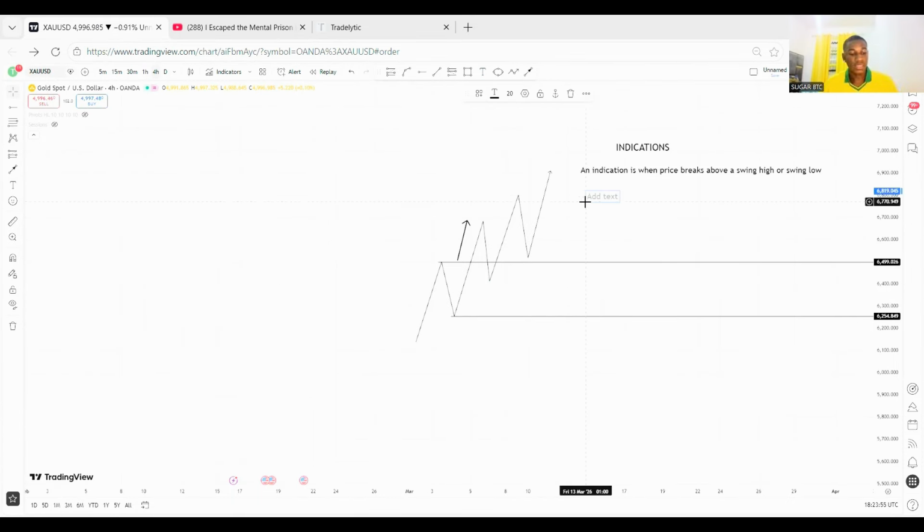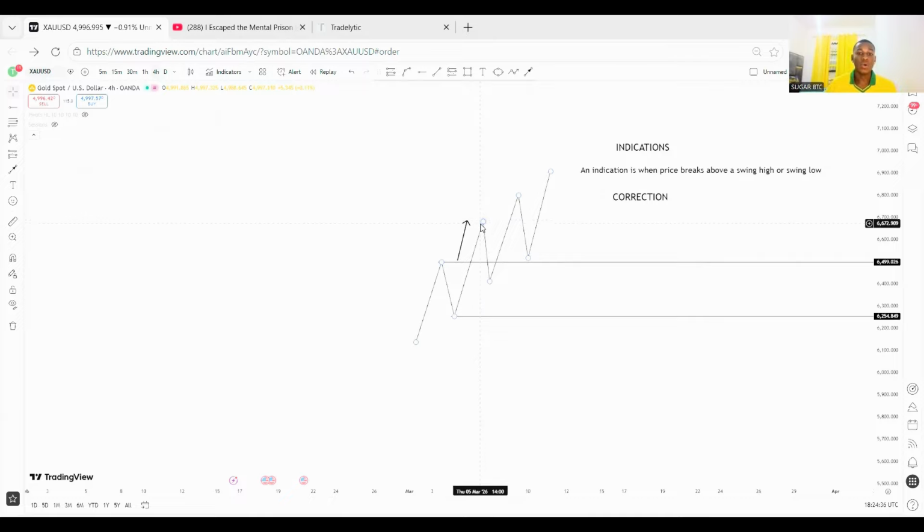A correction is simply to grab out breakout traders, right? A correction is simply to wipe out breakout traders. So when the correction happens, we don't trade the correction. The market is simply telling us that price can go bullish above a certain level, right? That is why it's an indication. So as you guys can see, the indication is from this previous swing high all the way to this new level,